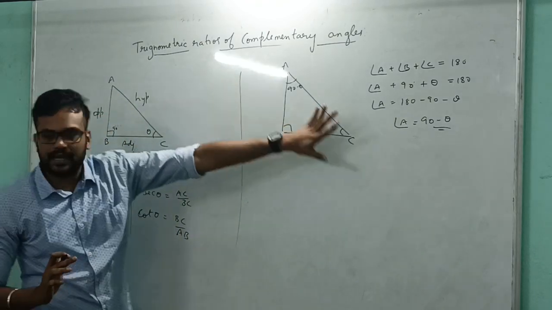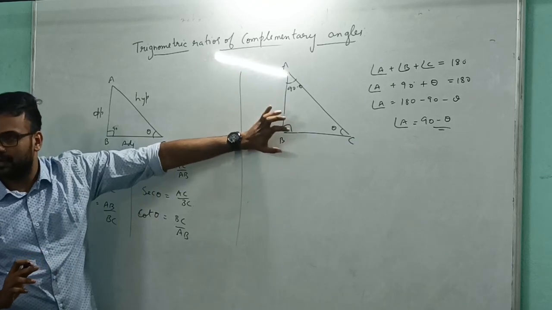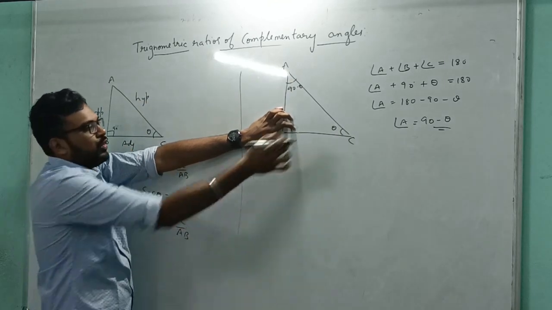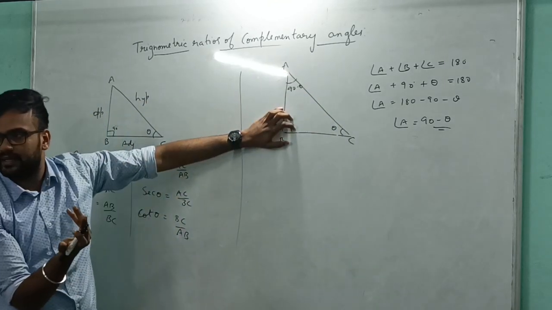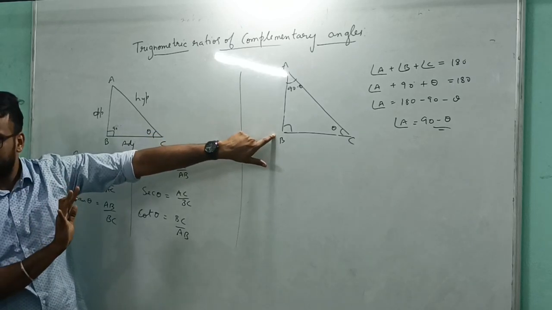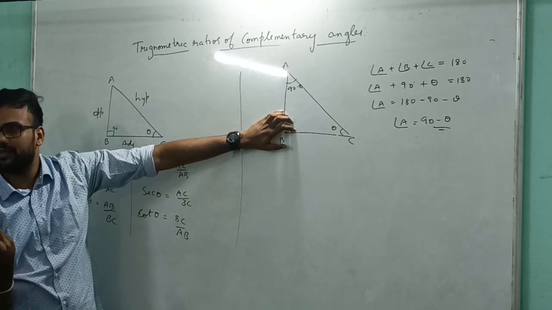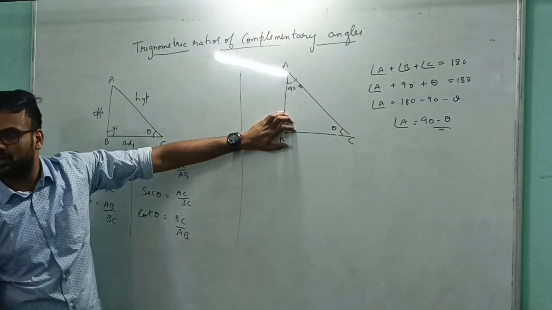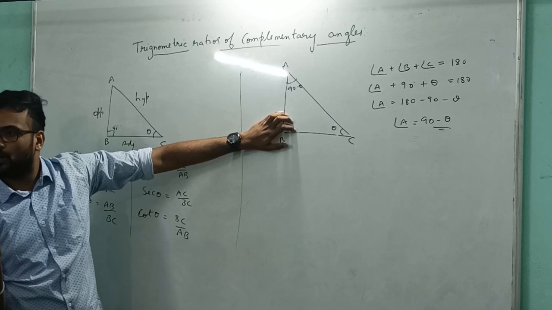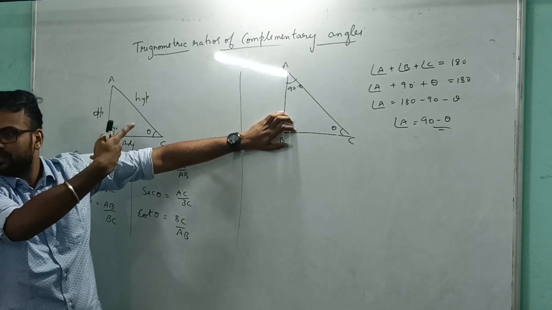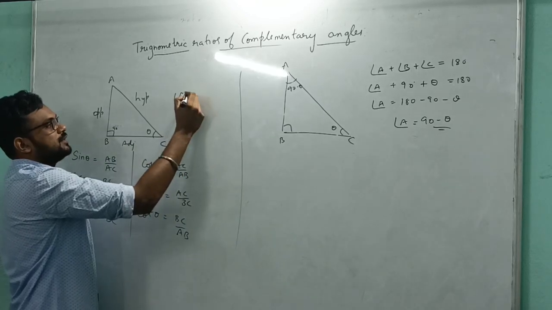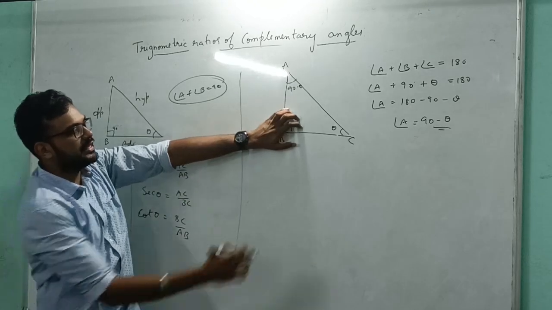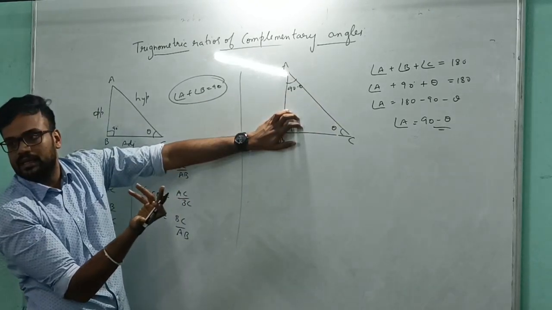Why, I will tell. In a right angle triangle, one angle is 90 degrees. You know that the total should be 180. So if you add these two, the answer should be equal to 90, right? One angle is already 90, you need one more 90. How will you get that one more 90? By adding these two angles. And you know that if the sum of two angles is equal to 90 degrees, they are called complementary angles. That is what we studied in the first part. So in this case, if you add these two, should you be getting 90 degrees?